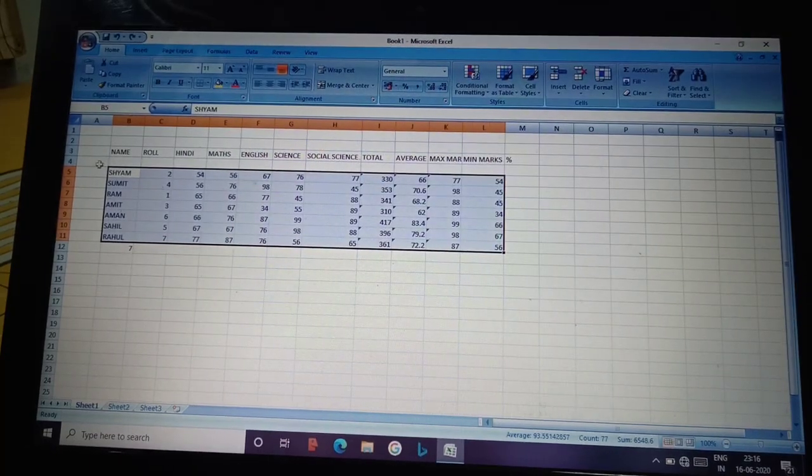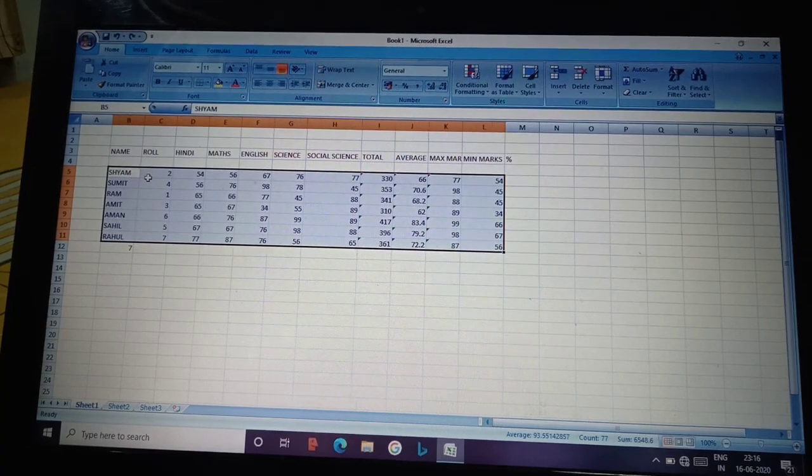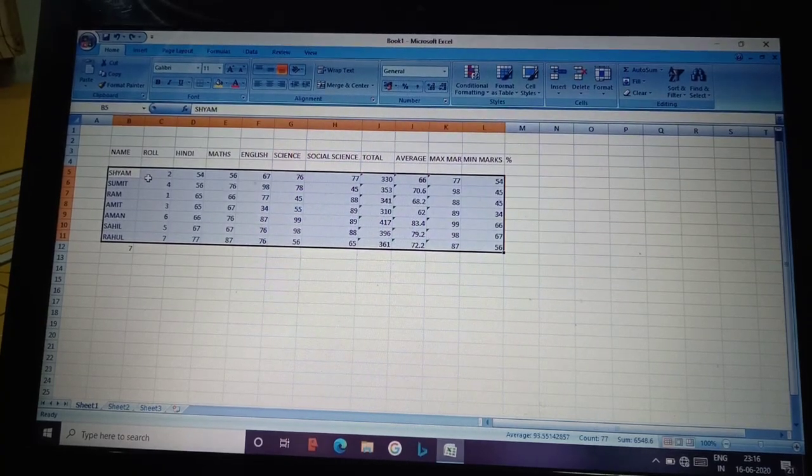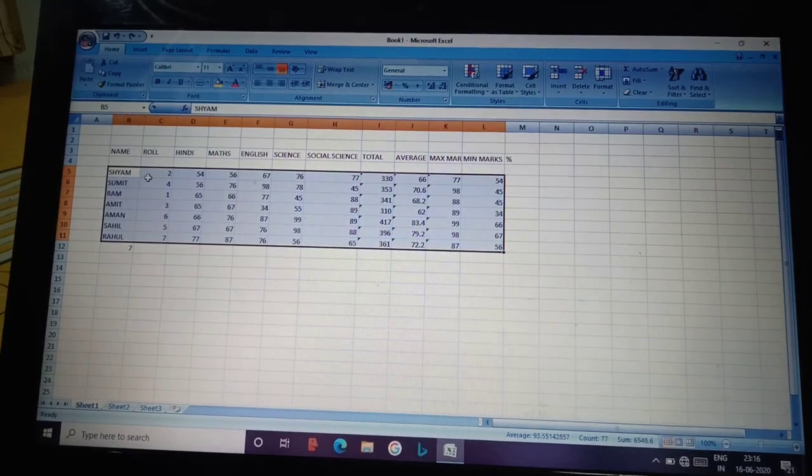See, now Syam is on top and Ram is at the third place. By default the sorting is done in ascending order. So this is called sorting.